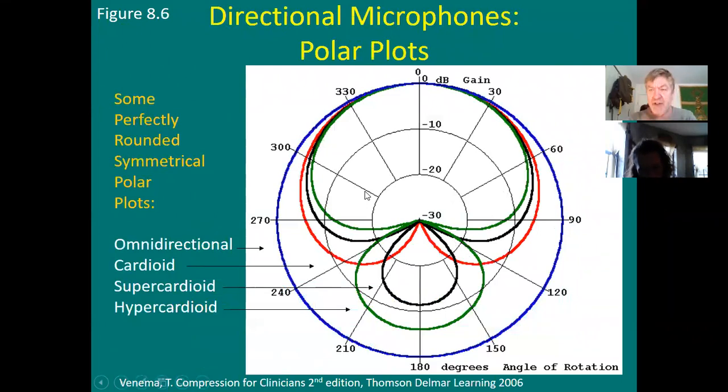Look at my head. It's 10 pounds of ugly fat, okay? You're going to get head shadow effects. You're going to get all kinds of stuff mucking around in there. So this nice little round polar plot showing here is in a lab. Sure, the hearing aid's on a turntable, and it's moving, and you got speakers all around, and so on. In real life, a directional microphone will improve signal-to-noise ratio by 2 to maybe 3 dB, but that's important because